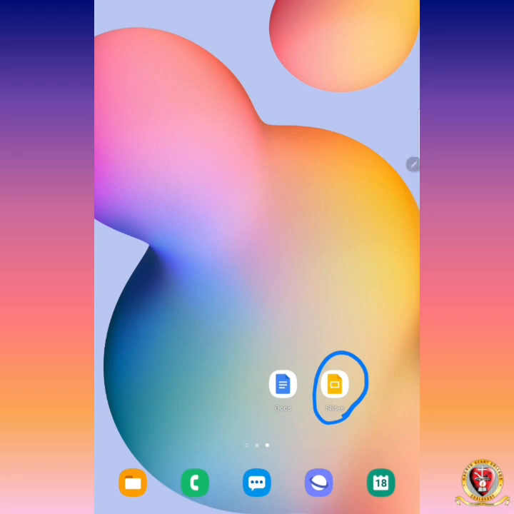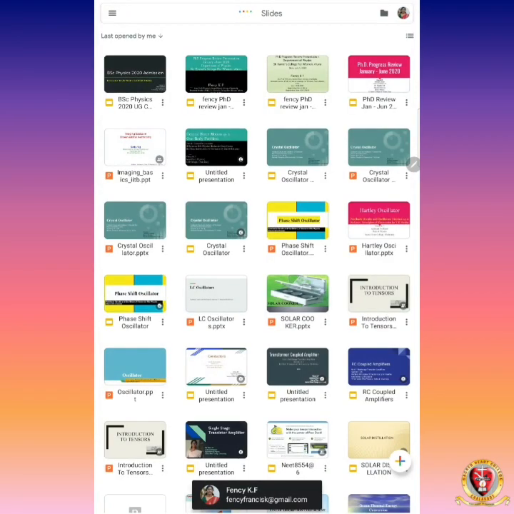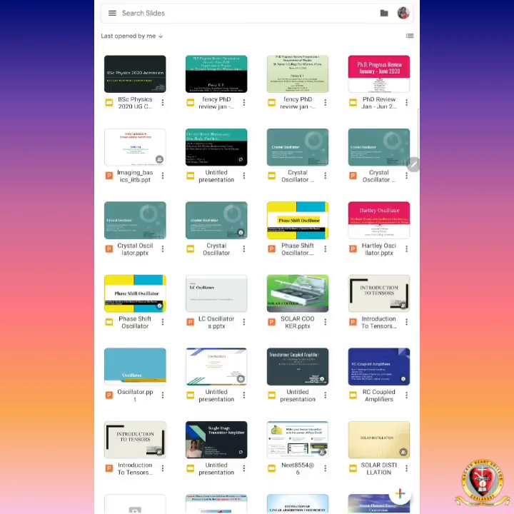Okay, so let's see how we can access Google Slides. Google Slides is also created with a Gmail ID. This is my Gmail ID. You can have any Gmail ID, and in that Gmail ID I have created all these PowerPoints. So Google Slides is actually doing the duty of Microsoft PowerPoint. Similar to Google Docs, these PowerPoints or slides are also created in a Gmail account so that we can share them.